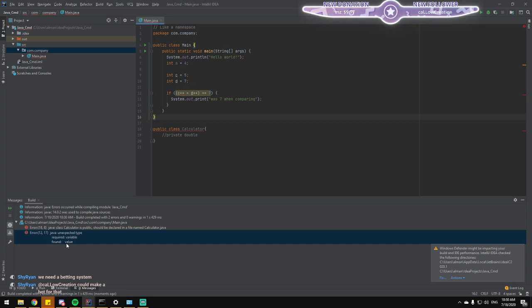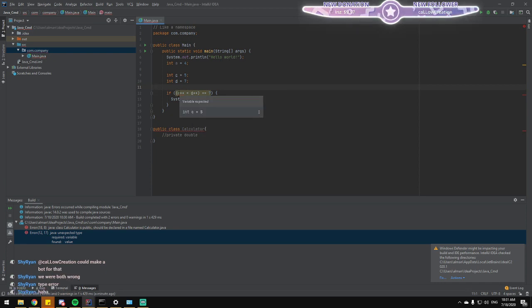Required variable found value. Yeah, what the hell?